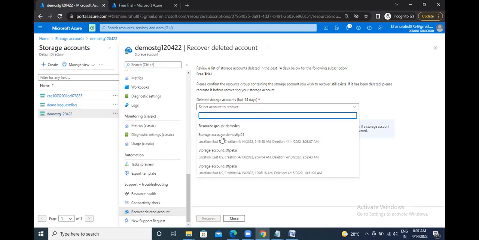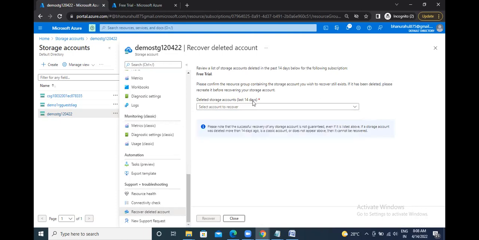Here you can see, right? These are the accounts that were deleted previously. Okay, and this demo SFTP01 was deleted just now, right? You can see the time also. You can see 8:08, and we deleted it at 8:06 or 8:07 AM. Okay, and if you have enabled the soft delete option, using the recover deleted accounts, you can